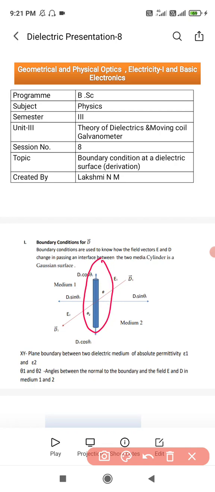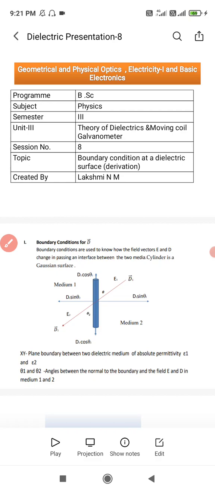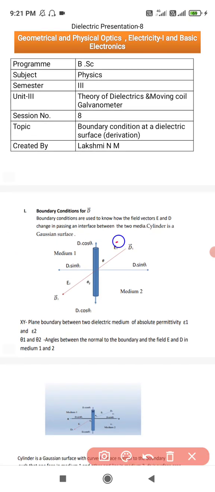Here in the diagram, this cylinder acts as a Gaussian surface, and E1 and D1 are the electric field vector and the electric displacement vector of the first medium, and epsilon 1 is the relative permittivity of the first medium. E2 and D2 are the electric field vector and displacement vector of the second medium, having epsilon 2 as the relative permittivity of